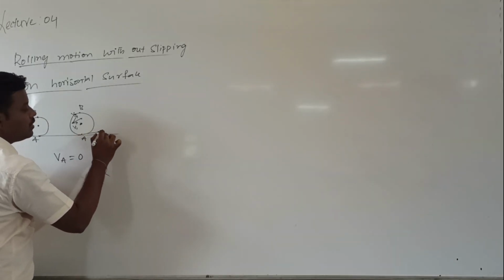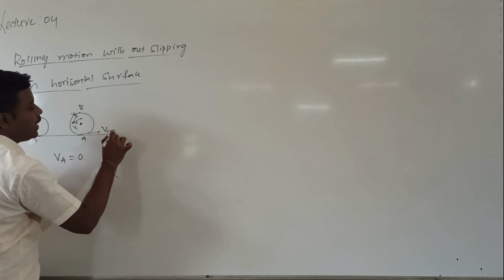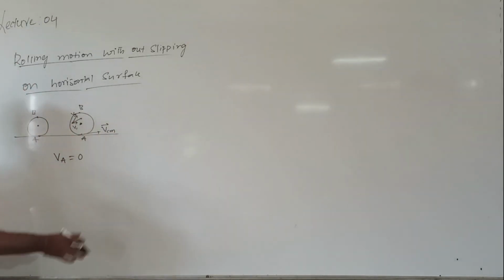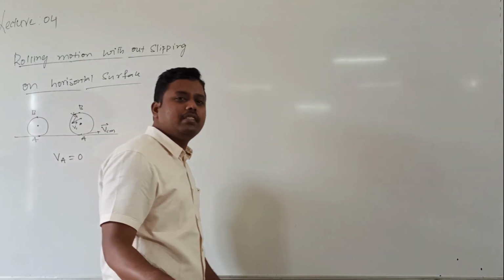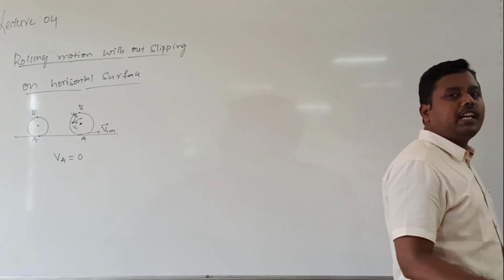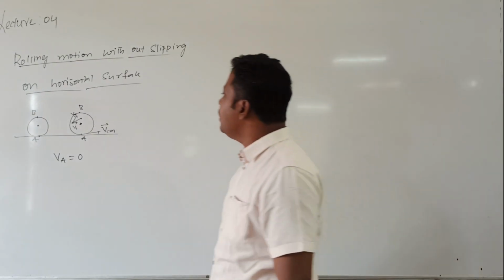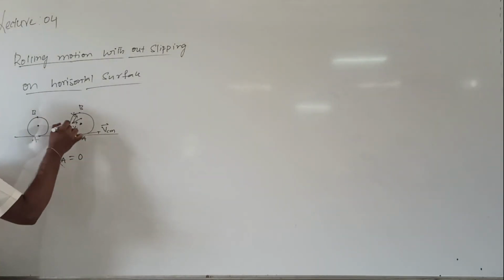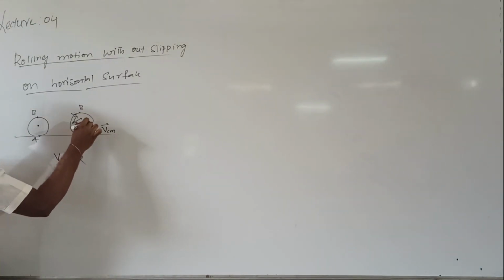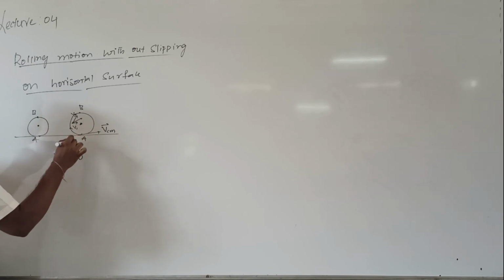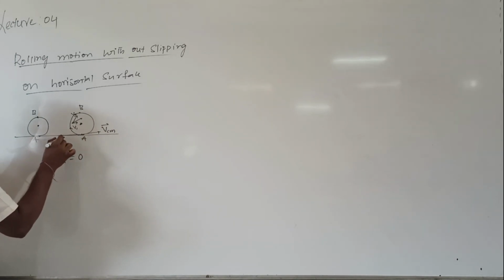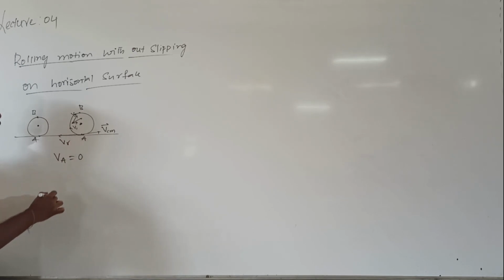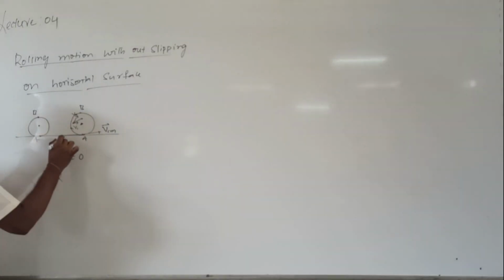I told you now. The translational component of velocity will be represented by the center of mass. If I call the velocity of the center of mass VCM, then the one more component of velocity will be given by the circular motion. When the particle is moving like this, how can I find out the direction of the linear velocity in a circular motion? By drawing a tangent. So this is the value of VR.